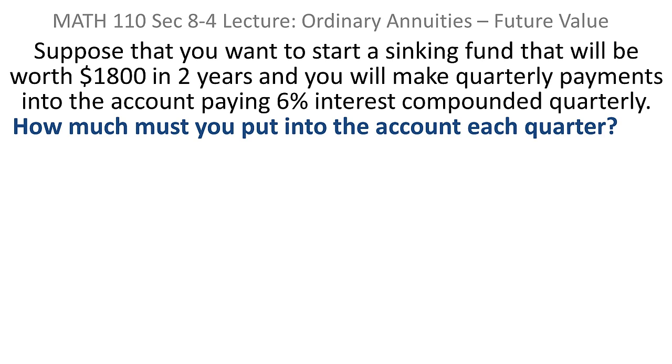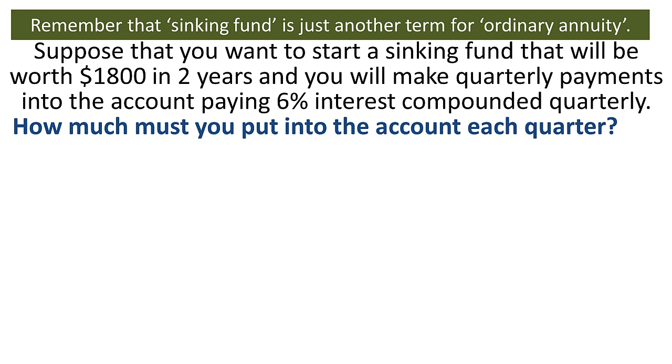Now this is the flip side of the previous problem. The previous problem, you knew the periodic payment and you were looking for how much was in the account at the end. This is a sinking fund, which I told you earlier is just another name for an ordinary annuity. So it's the same formula, but